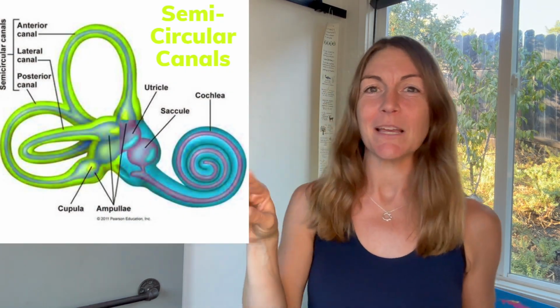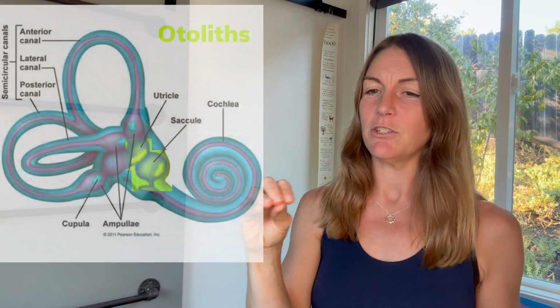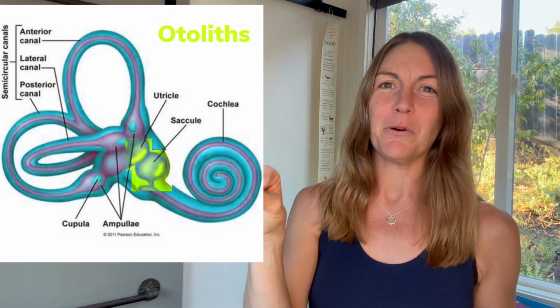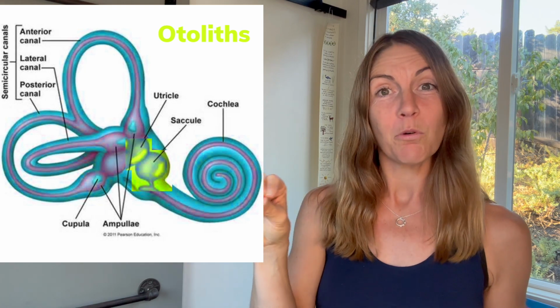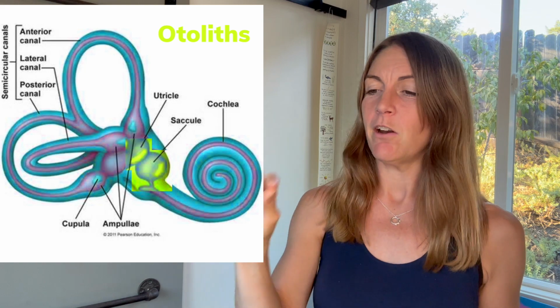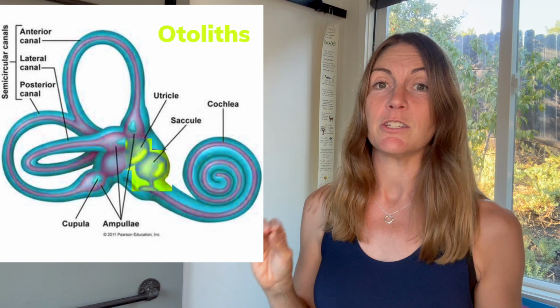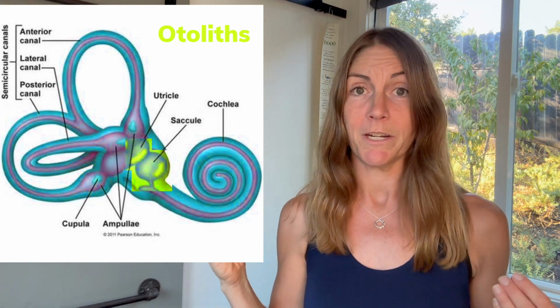There are 3 semicircular canals. Those are the little round bits there. Those connect into some lumpy bits. Those are your otolith organs, which I'll talk about. One is the saccule, one is the utricle. And then off of that, you can see the little snail-shaped tube. That is your cochlea. That is your auditory nerve. So the nerve that innervates the vestibular system is called the vestibulocochlear nerve.